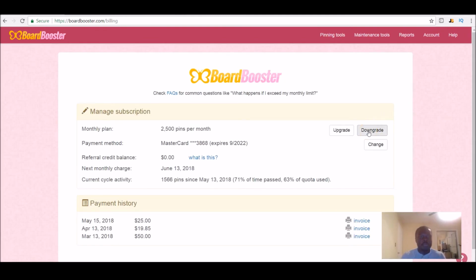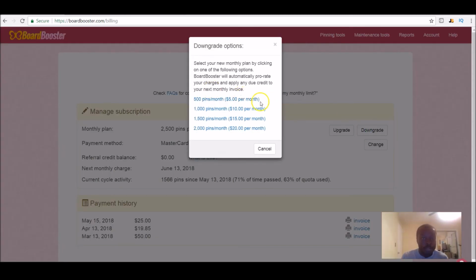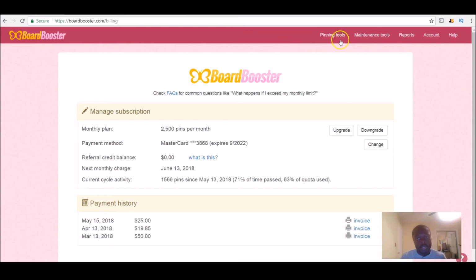So $25 a month gets you 2,500 pins a month. You could start out with just $5 a month, which will get you 500 pins, $10 per month, which is 1,000 pins per month, and so on and so on. So yeah, once you create a BoardBooster account and you begin scheduling your pins, what you want to do then